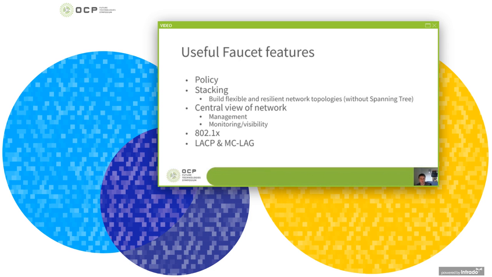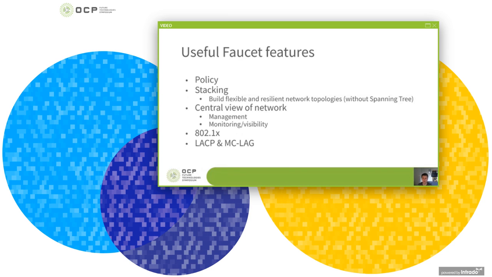We also have this notion of stacking, which is when you amalgamate multiple switches into one administrative domain inside Faucet. And we run a number of different algorithms for doing path selection inside that cluster of switches. This allows us to build very flexible topologies and ones that are resilient. They've got multiple paths around the network so that switches or cables can die and the network keeps going. We do all this without running a distributed protocol like spanning tree because we have